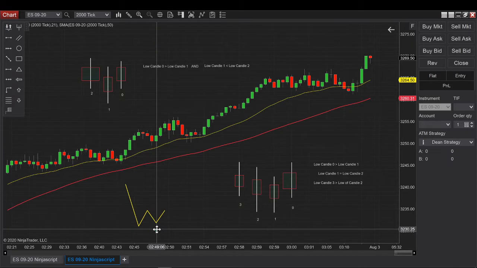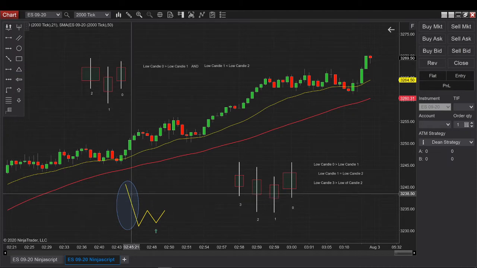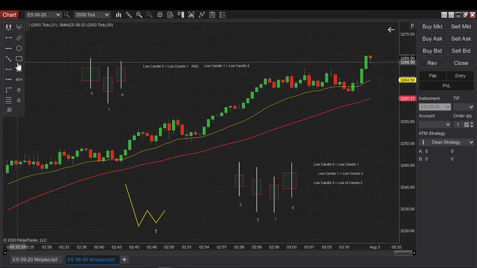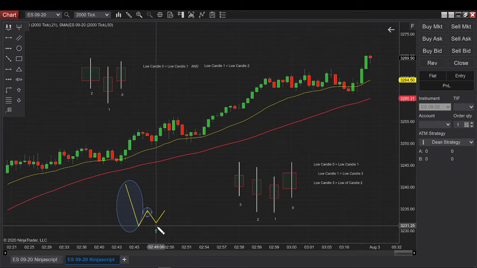So this part over here is the first leg, and the second, I don't know how to put it, but you understand. From here to here is the first leg, and from here to here is the second leg.